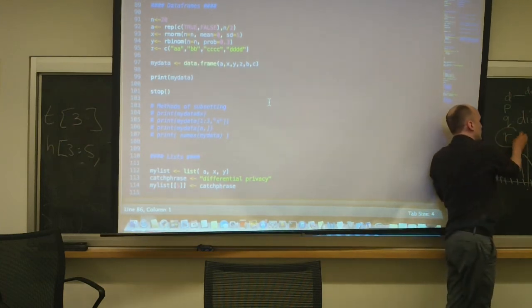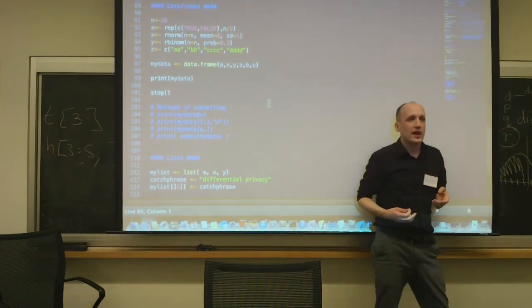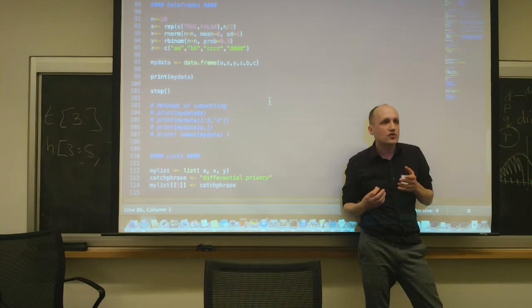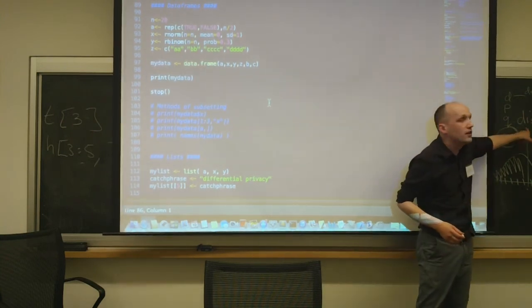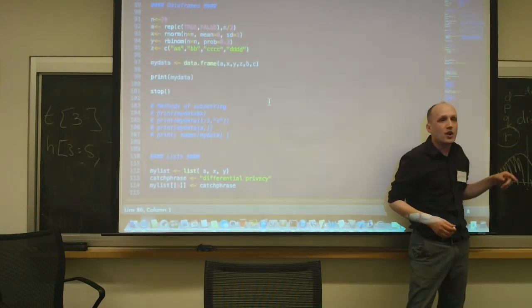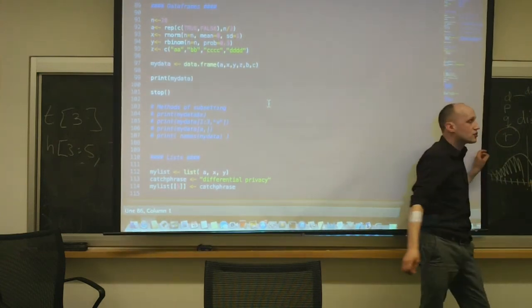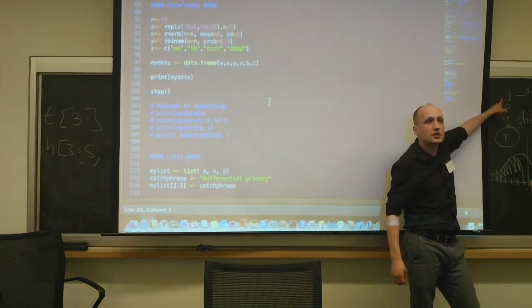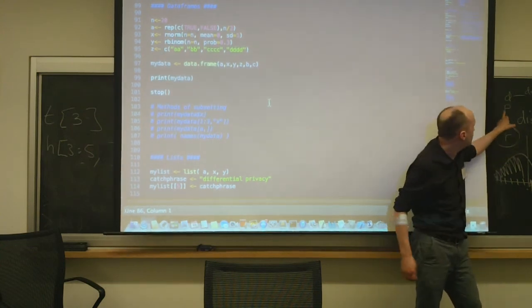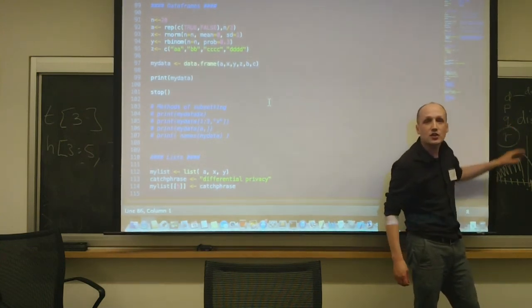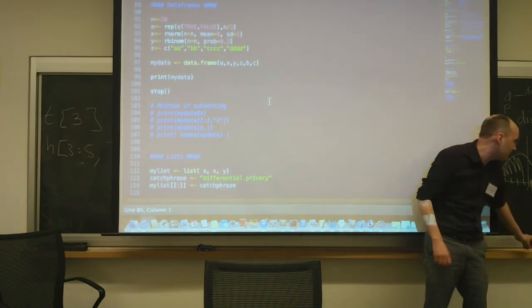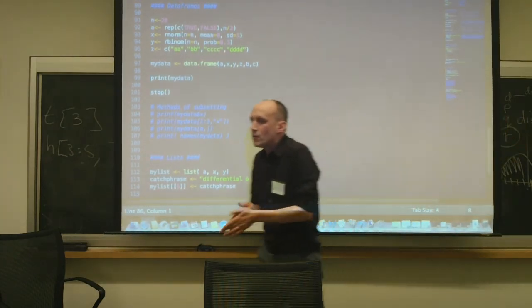But we already have this function R, which is going to give you random draws. So if you want random draws from the distribution, you're going to use R and the distribution name. If you want to know the probability of seeing some value in a distribution, you're going to use the density function. And if you want to know what the integral up to a point is, you're going to use P, and you occasionally will eventually want to use Q, but Q is a little bit more esoteric.